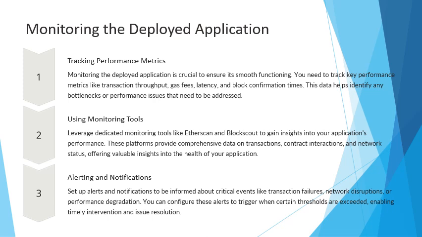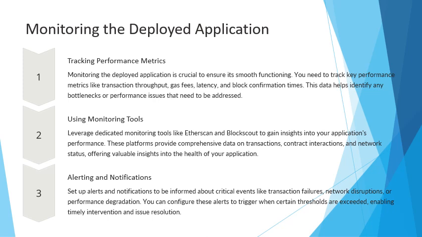So we need to leverage dedicated monitoring tools like Etherscan and BlockScout to gain insights into our application's performance. These platforms provide comprehensive data on transactions, contract interactions, and network status, offering valuable insights into the health of our application. Then we need to set up alerts and notifications to be informed about critical events like transaction failures, network disruptions, or performance degradation. We can configure these alerts to trigger when certain thresholds are exceeded, enabling timely intervention and